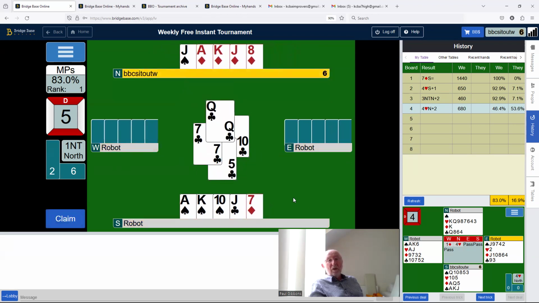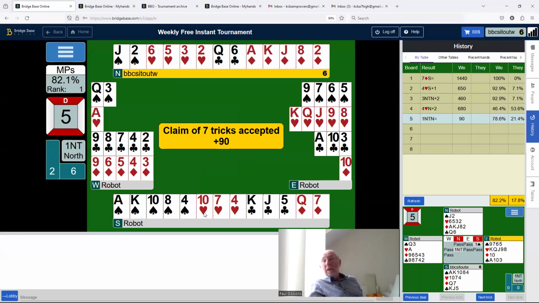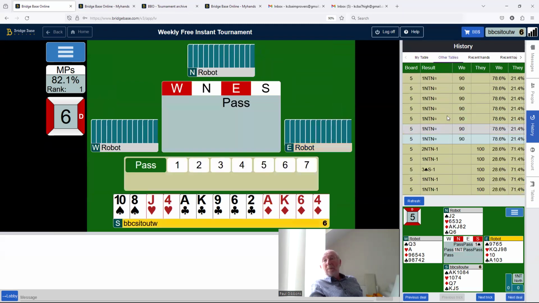Queen of clubs, and we've got all winners now. 78% for making 1 no trump, but the queen of spades was dropping, so we could have done much better. Nobody did better, so we could have got 100%. And you can see if we just